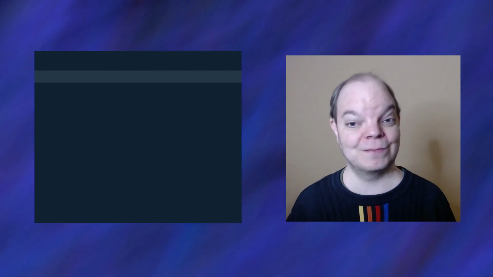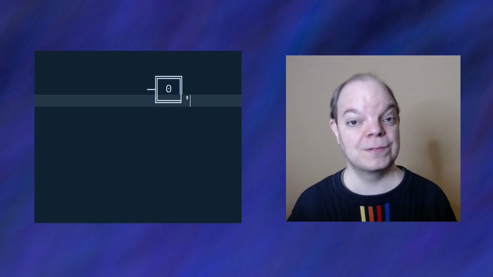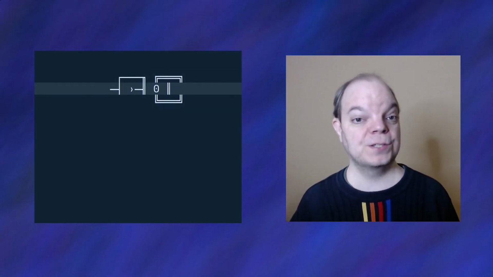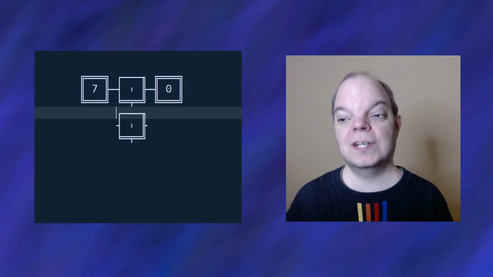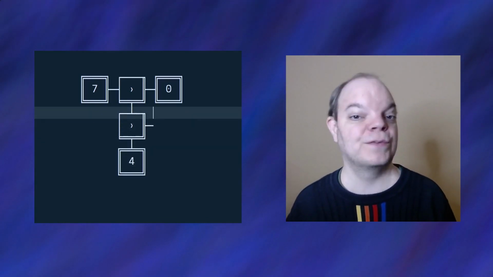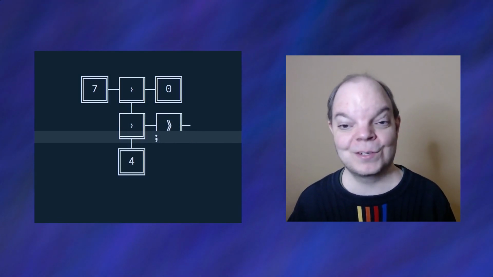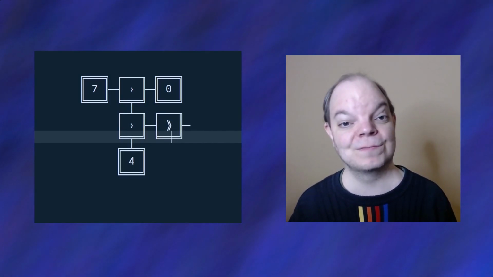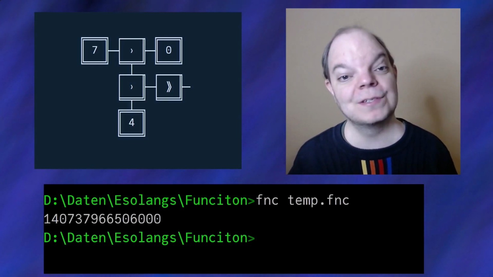7 in it. To do this, let's first write some code that actually generates the list containing a 4 and a 7. So let's start with an empty list, which is of course represented by the number 0. And then let's use the unshift function to add the element 7 to it. And then we just use the unshift function again to append the 4 to the start. And finally, since we want to use that number in our source code, we need to be able to see it, so I'm going to convert it to a string for output. And now if I run that program that we just wrote, we get this large number, which we can just